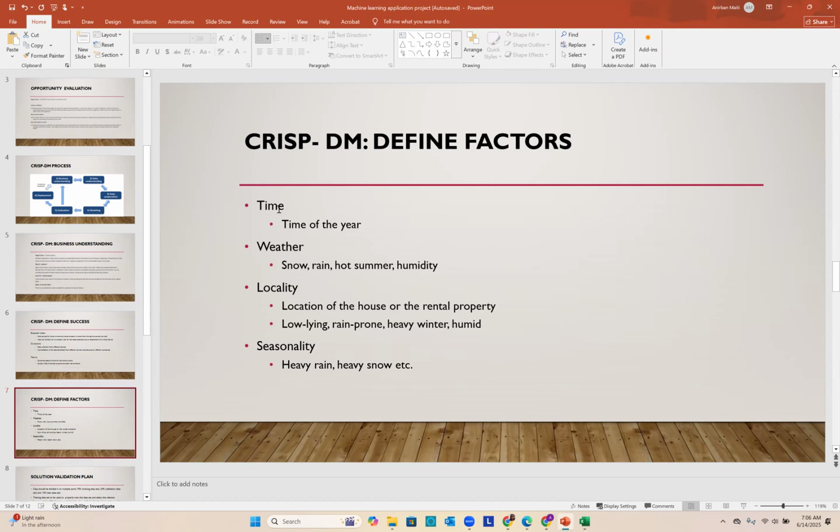Next is defining factors. We are defining the factors which are going to affect the model. First is the time. So time of the year, as we are talking about the summer, winter, and then the weather, snow, rain, hot